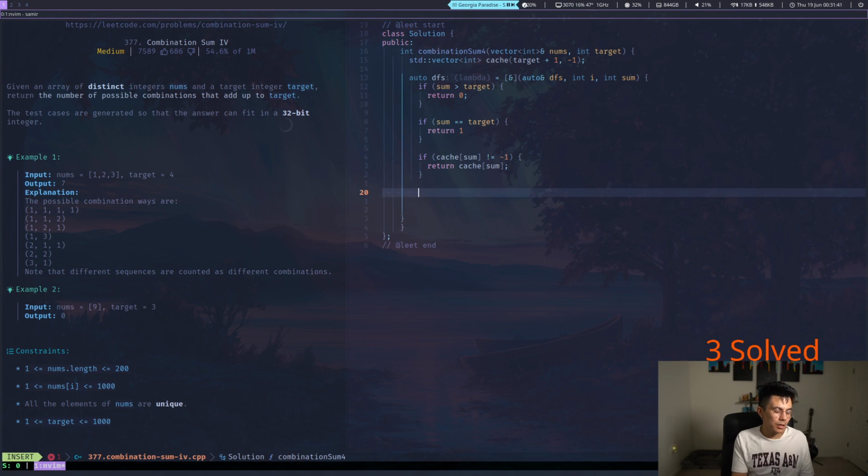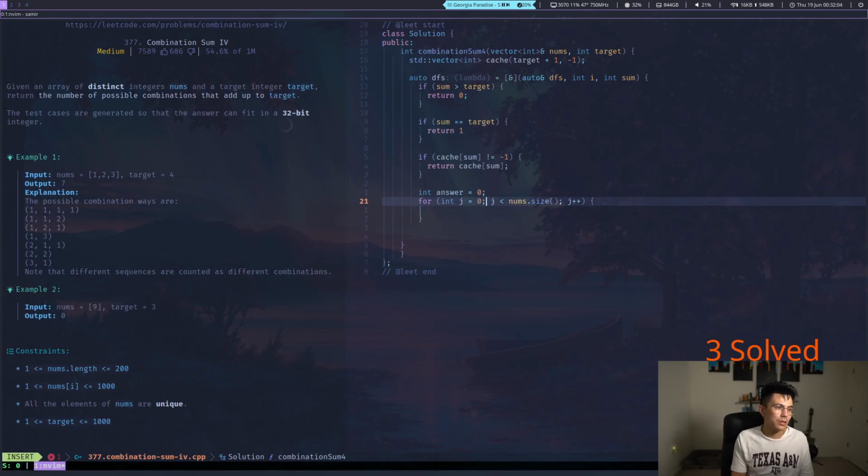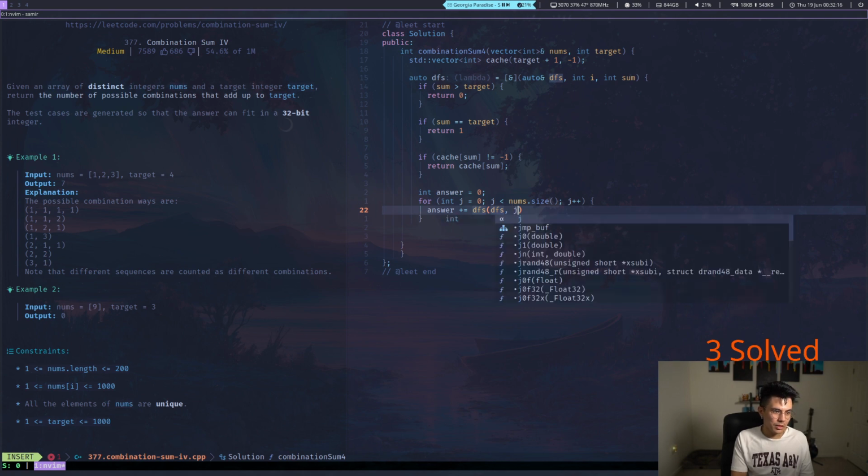Okay, and then we're gonna do a for loop: j is equal to 0, j is less than nums size, j plus plus. So we need to save this. Answer is equal to 0. Answer plus equal to DFS